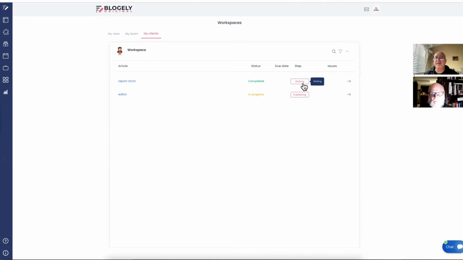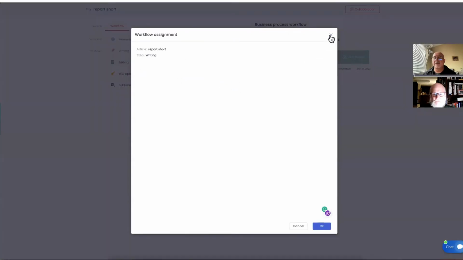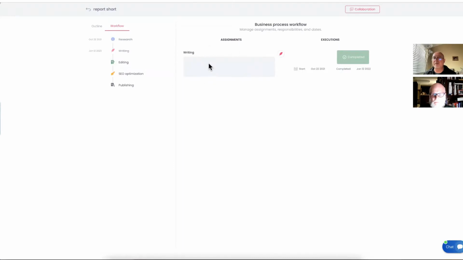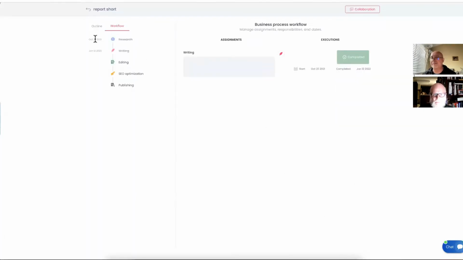And I can enter this job, and you can see this execution was completed, but I'm not able to access it any longer. Once my step is done, and this is where I click that I completed my work, the right access to the article is closed, except for workflow view. Workflow view is for memory, because if there had been any assignment for me, there will be retained records here. And when you click on that, you can see the full view. It's scrollable. It could be a long tail of information about what needs to be done.